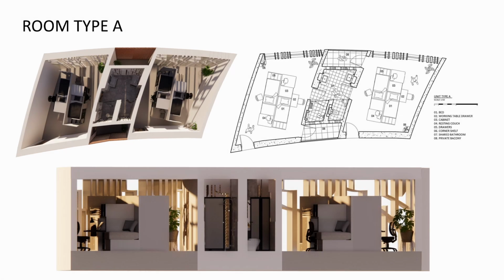Room type A is a two-person room with a shared bathroom with another unit. The room will be provided with flexible furniture such as twin beds and shelf tables that can be adapted according to the user's needs. The two-person room expresses more of a sense of privacy, but still allows them to learn how to live together with their roommates in one room, and the relationship with the other unit occupants who share the bathroom together.